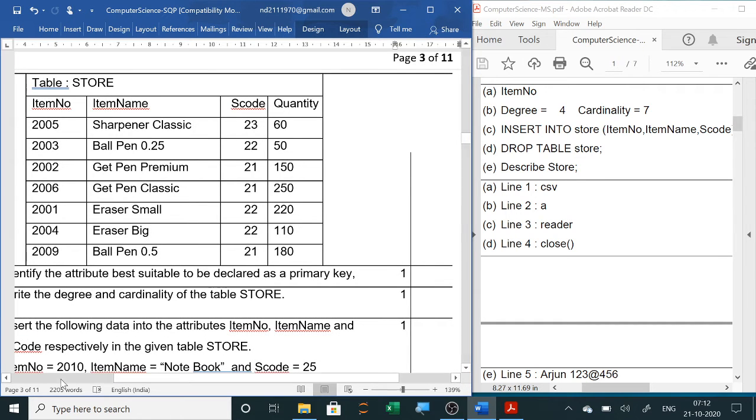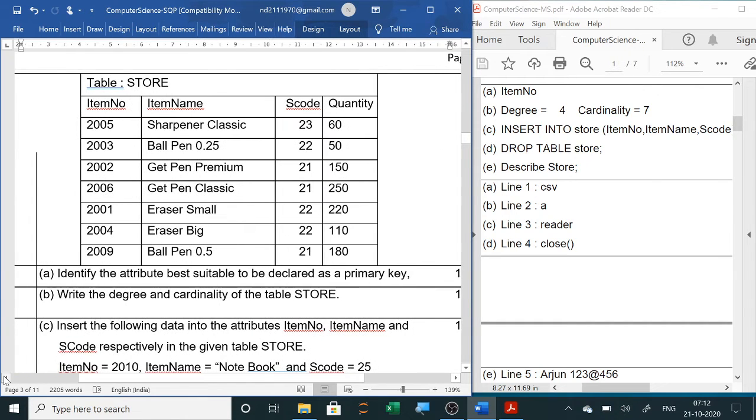The first question is, identify the attribute best suitable to be declared as primary key. We have already studied that a primary key always has unique and not null values, and it is used to identify the tuples in a relation. Here the unique and not null attribute is item number.